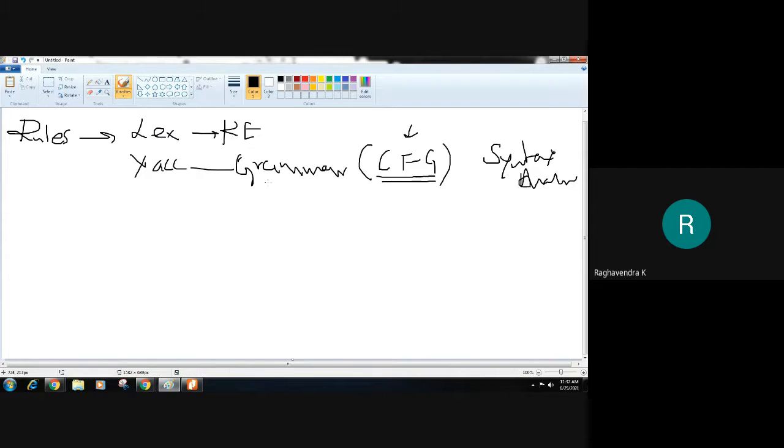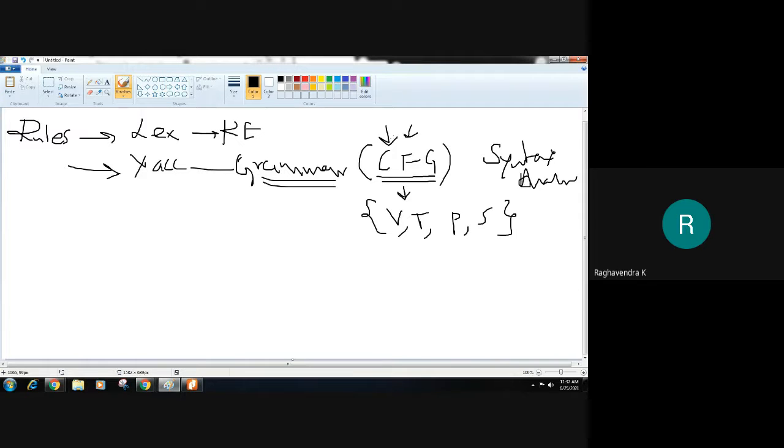For those who don't know what a context-free grammar is, it is a quadruple (V, T, P, S), where V is the set of variables, T is the set of terminals, P is the set of productions, and S is the start symbol. We'll look into an example of grammar later, but understand that yacc requires grammar, so you should write a CFG in the rule section.